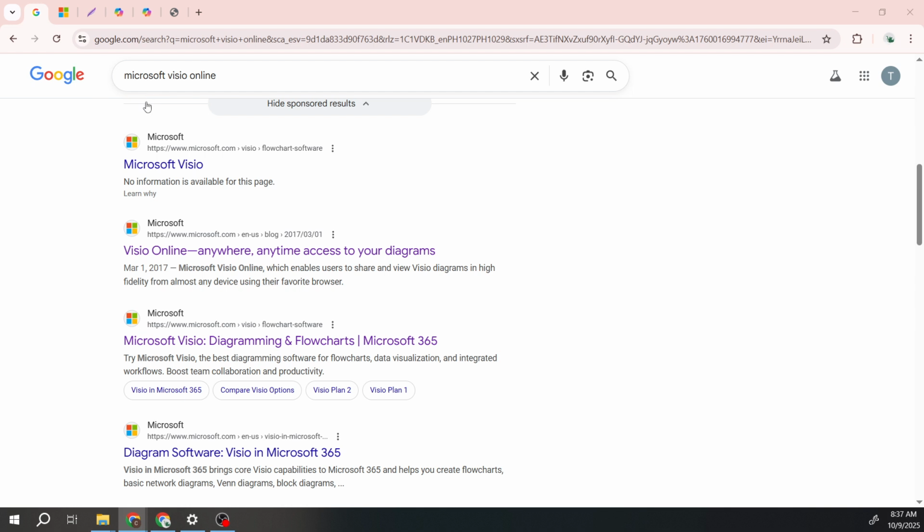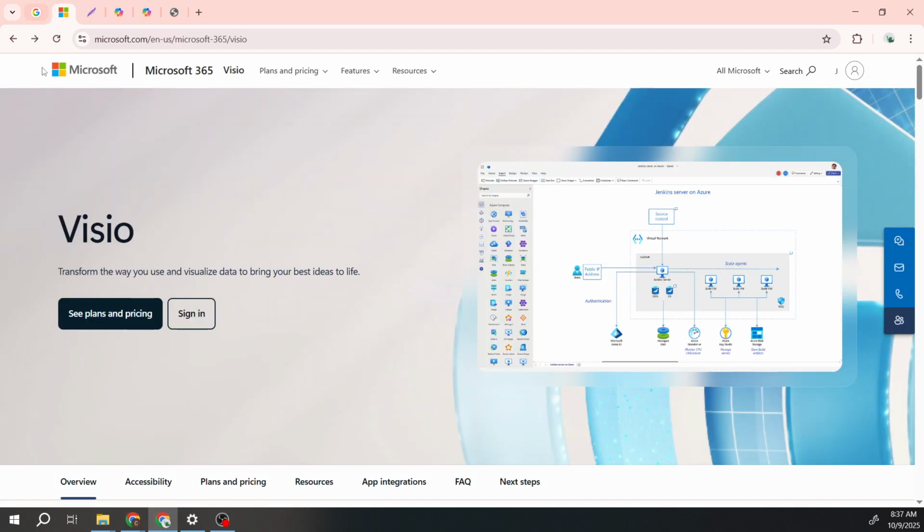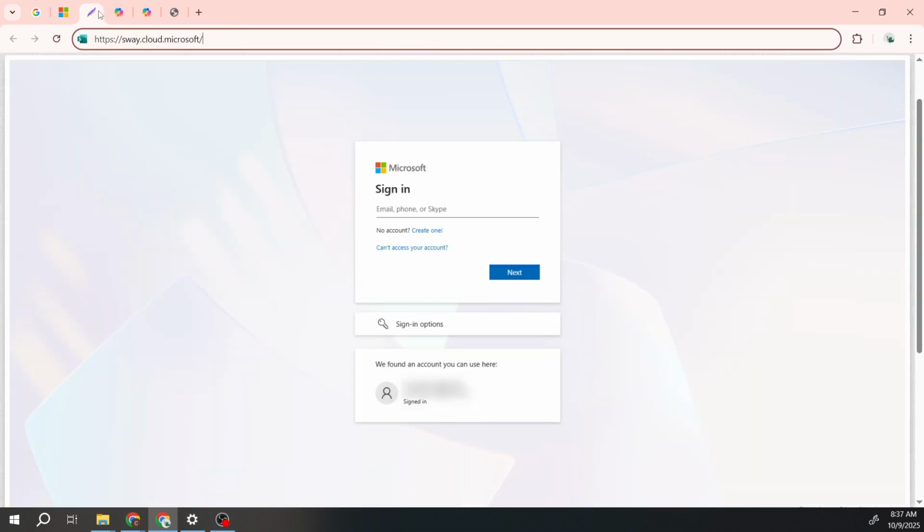First, you'll want to open your browser and simply search for Microsoft Visio. If you don't have it bookmarked, a quick search will take you straight to the login page. Once there, you'll see the option to sign in. Click on that. And if you have an existing Microsoft 365 account, you might find yourself already signed in, which is convenient. If not, just enter your email address and password, along with any other required credentials, to access your